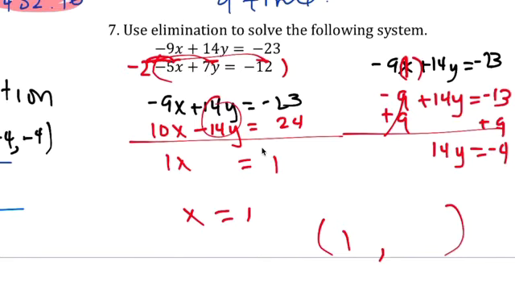That doesn't seem right. Okay, x is 1. And that's negative 5. Yeah, it's the same. Divide by 14. Y is, reduce that, negative 2 over 7. So the two